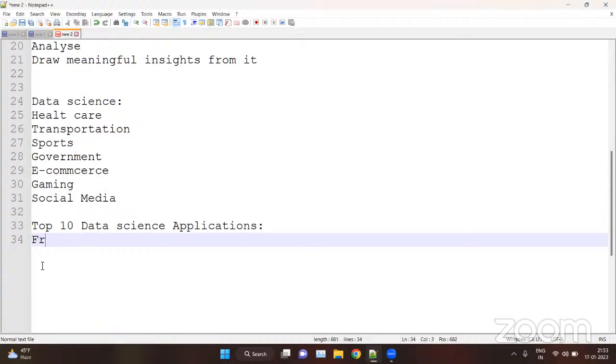First, we can use it in fraud and risk detection.